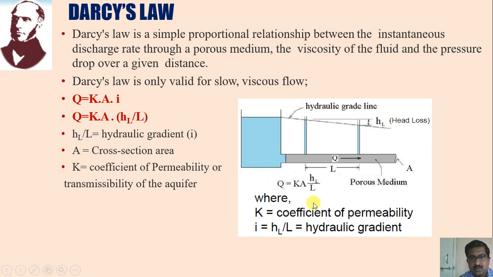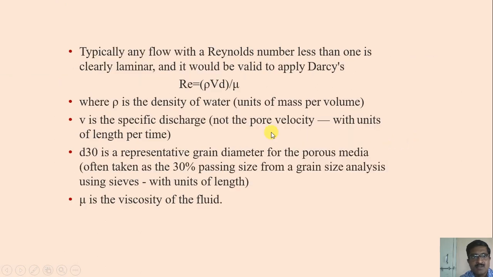So Darcy's law holds for slow flow, you can say. Typically, any flow with a Reynolds number less than 1 is clearly laminar, and it would be valid to apply Darcy's law, right? So that Reynolds number is rho into V into D divided by mu, where rho is the density of water, in units of mass per volume, V is the specific discharge, not the pore velocity, with units of length per time. D30 is the